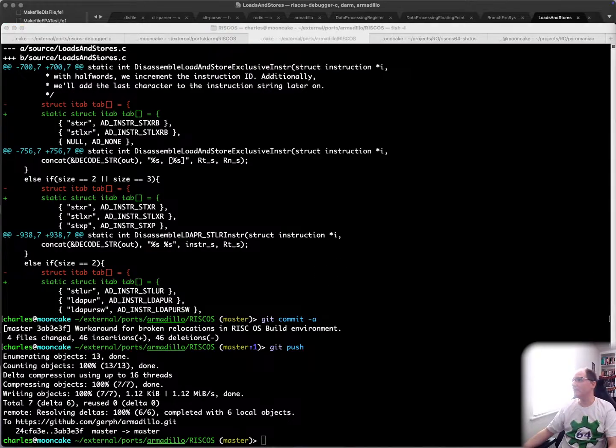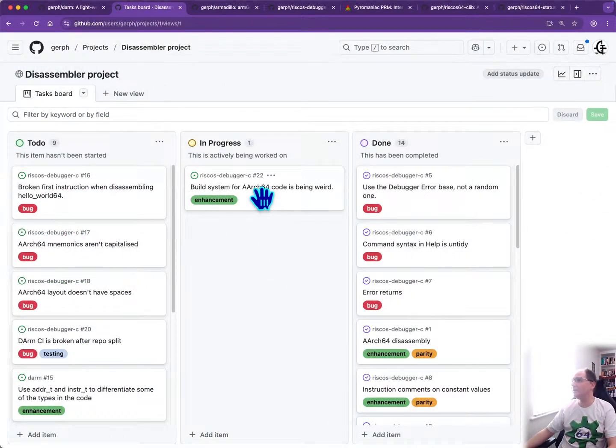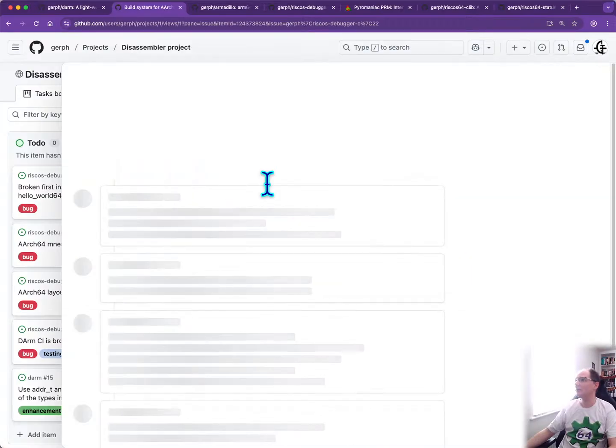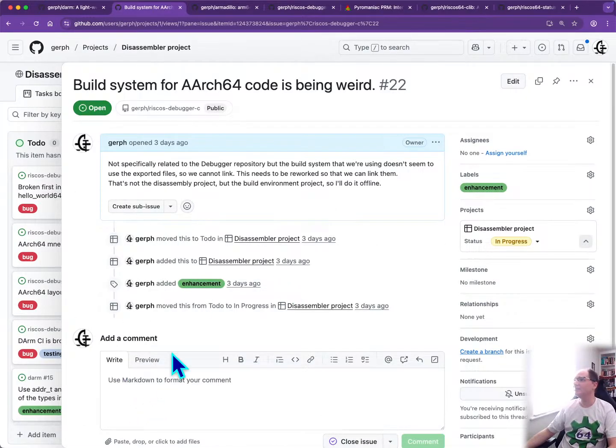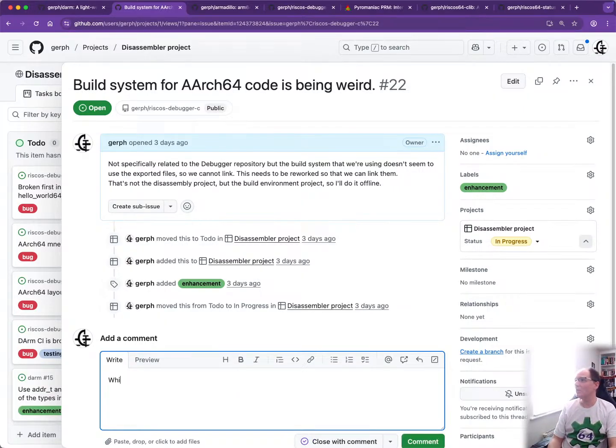And what I should have been doing is updating my table. So here we go. The build system being weird. It is still being weird. I'll have to make a note on this. So build system being weird. Can I have a look at it, please? Thank you. Whilst the linking appears, so the compiling appears to have worked properly, linking of structures in the local